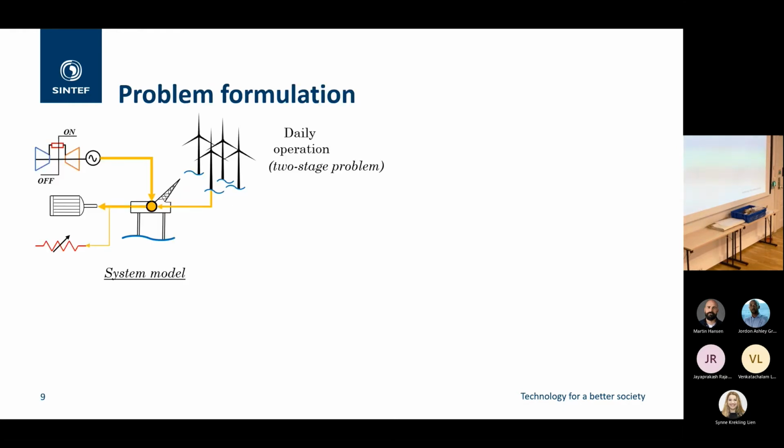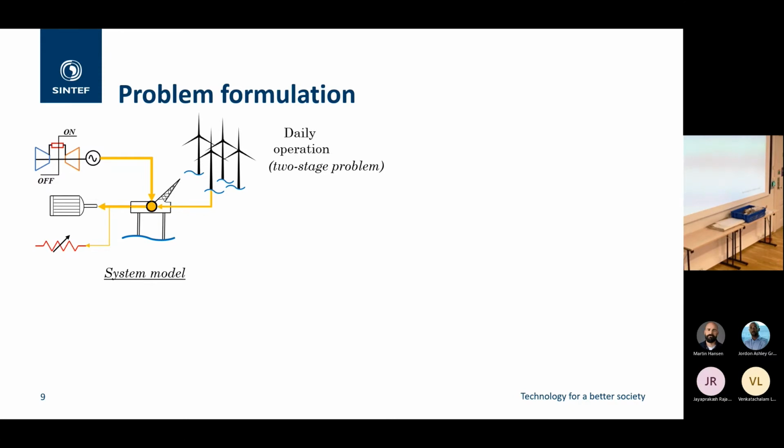Basically, this is the system. The system is like a power node. The oil and gas, consider it as an aggregated load. So we have the aggregated load here, and there's also this damping load. It's for energy stability, for power balance, basically. The power generator is on site, and we have gas turbines that are providing the required energy, and those can be switched off and on. So there are some binaries here. And as we said, in a similar offshore location nearby, there is this wind farm that is providing power to the system. And we are considering the daily operation. So we are trying to say how big the energy storage should be if we are considering the day-ahead operation